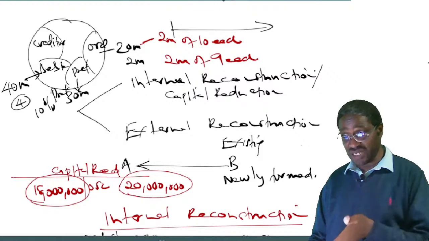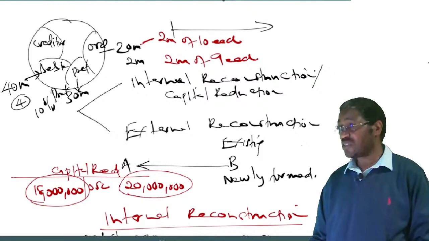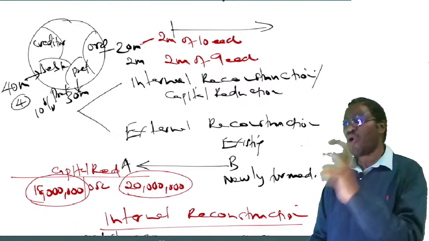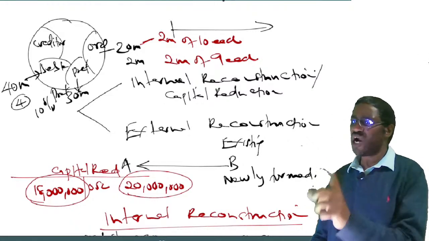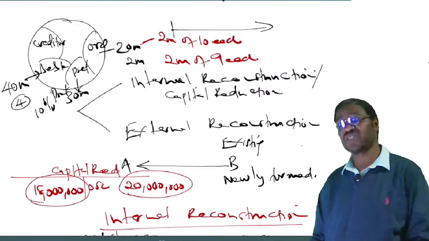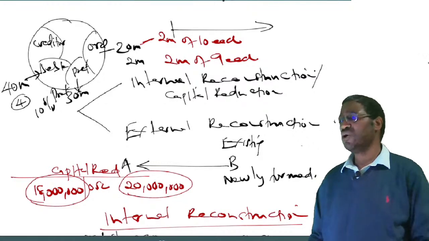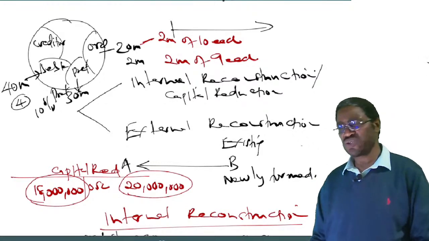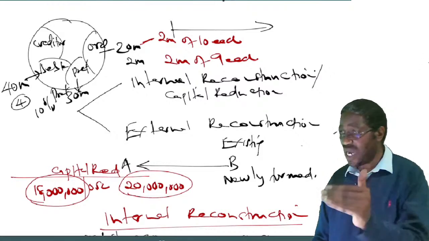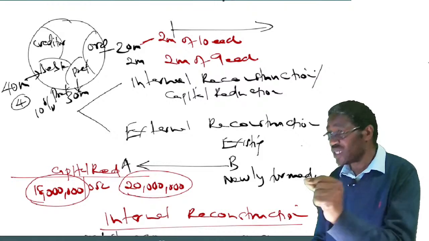Is it in the balance sheet as at now? No. It's not in the balance sheet as at now. But do we owe them? Yes. So another example of a contingent liability is what we are calling preference dividends in arrears. Preference dividends in arrears. And most of your past paper questions at this level of section 6 or advanced financial reporting, most questions use it as an example of a contingent liability.